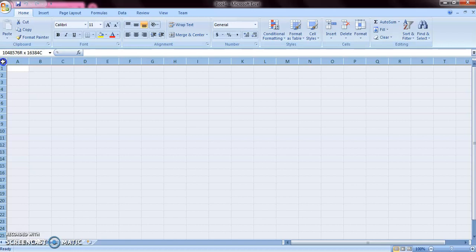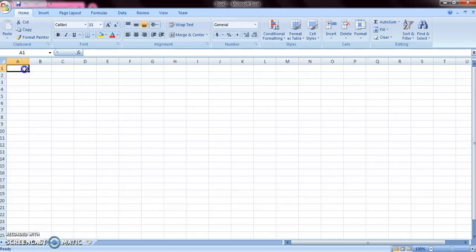The number of rows contained in each worksheet is 1048576, that is 10,48,576 rows, and 16,384 columns total in each worksheet.